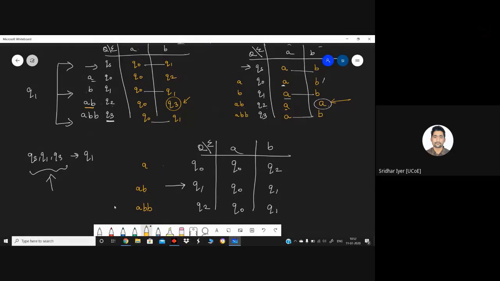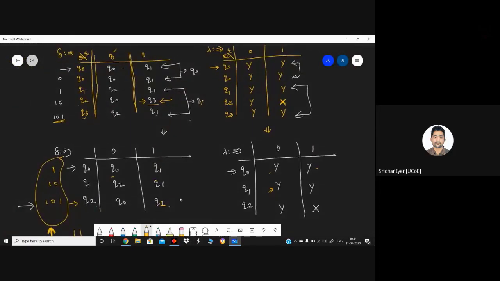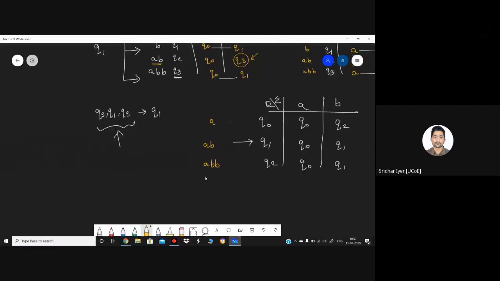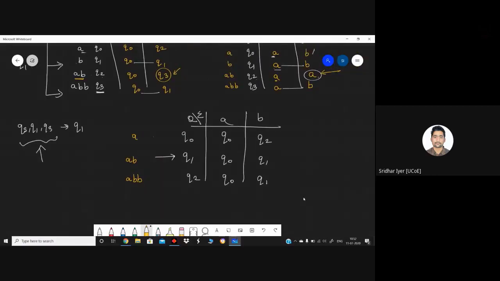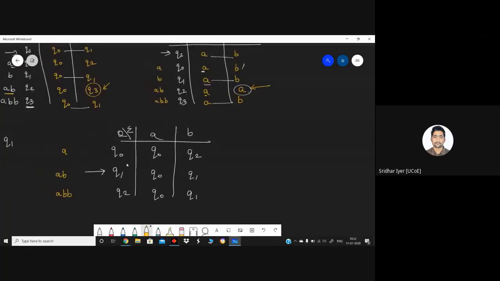The same thing I had shown in the previous problem also, if you remember this particular part. So the same thing I have written over here. If you're not comfortable with this, don't write this. Otherwise, you may also get confused. This particular logic is not holding good for this question.